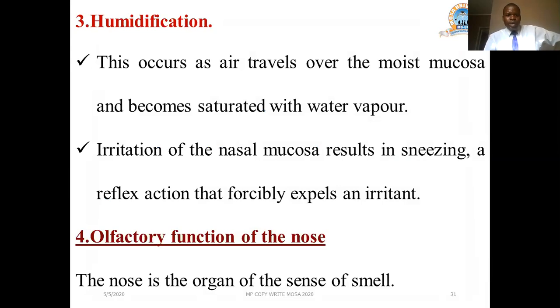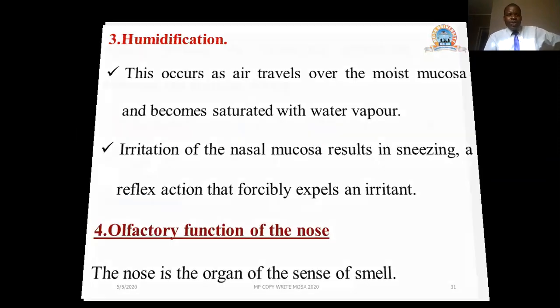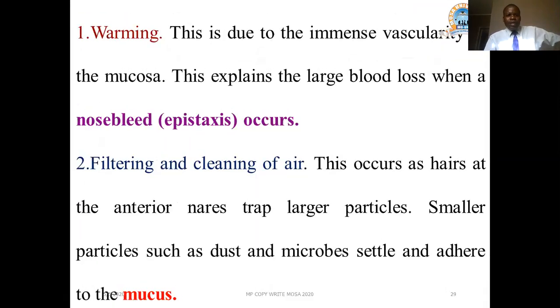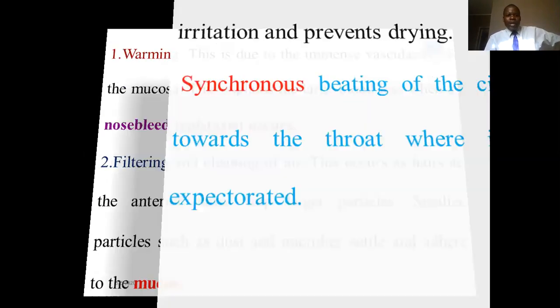So humidification occurs as air travels over the moist mucosa and becomes saturated with water vapor. Then the olfactory function: the nose is the organ of the sense of smell. When someone is cooking something delicious, you are able to smell using your nose that there is something nice being fried. So there are a lot of functions that the nose plays: warming, filtering and cleaning of air,